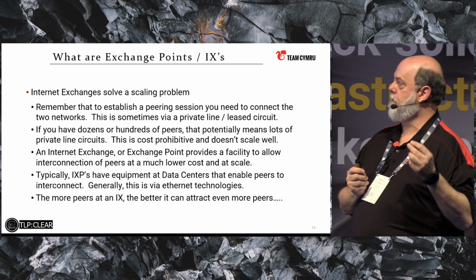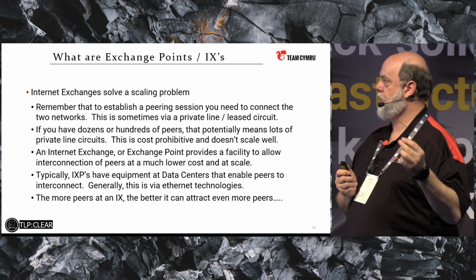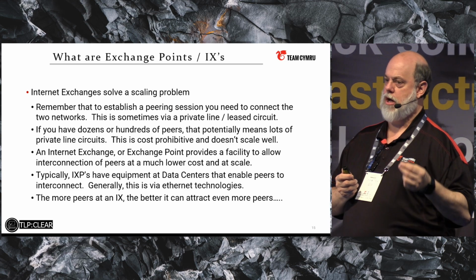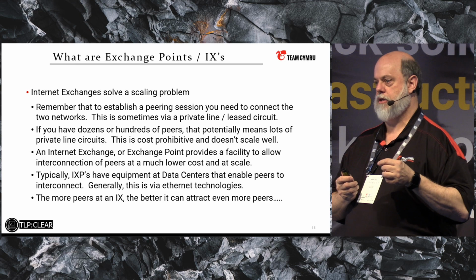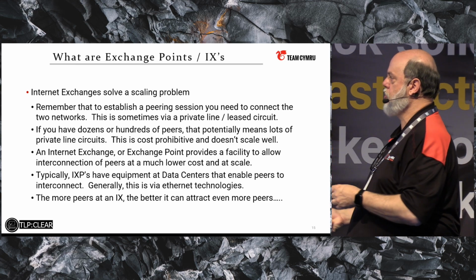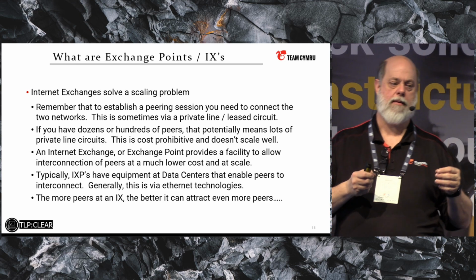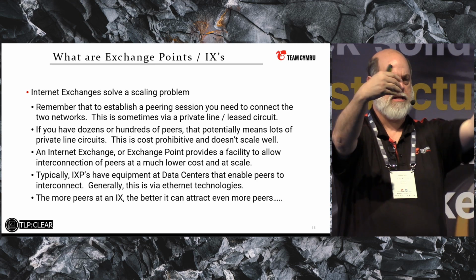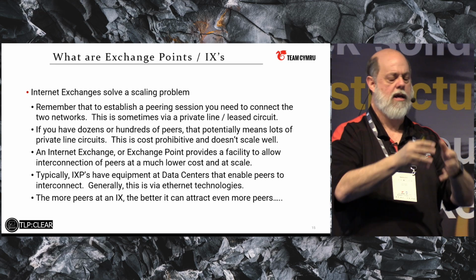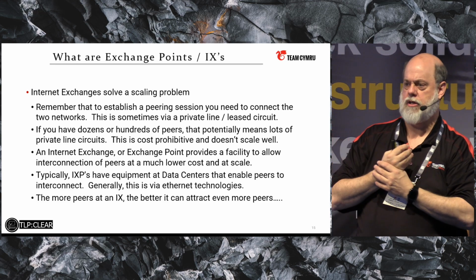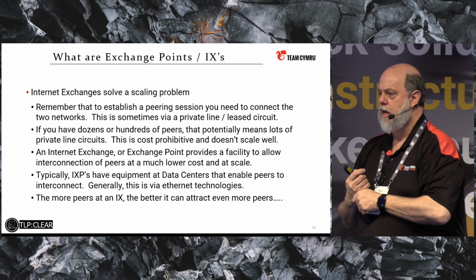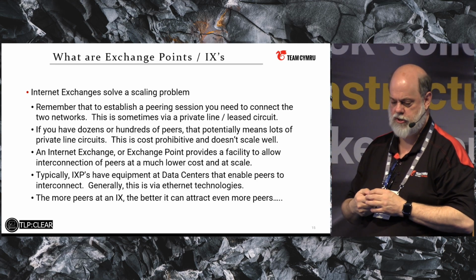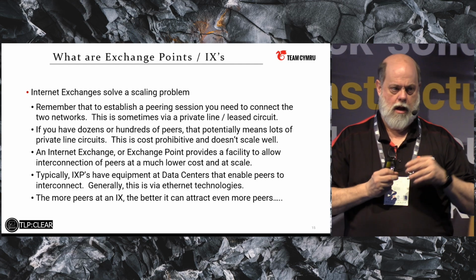But to connect and peer, you have to build private circuits. If you have dozens or hundreds of these, that's dozens or hundreds of cross connects and circuits that you have to buy. An internet exchange allows you to get rid of that problem by having a single connection up to the exchange fabric. Everybody else has a single connection to that exchange fabric. And now you allow the magic of OSI layer 2 and switching to help push traffic back and forth and build those TCP sessions amongst them.